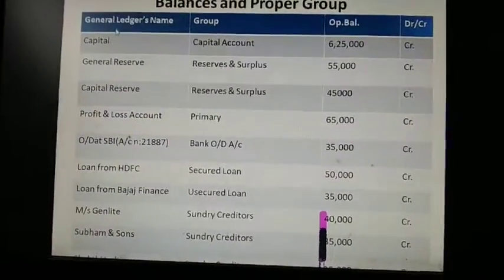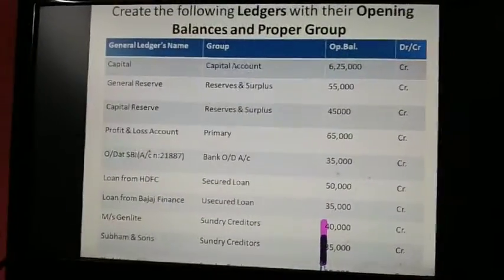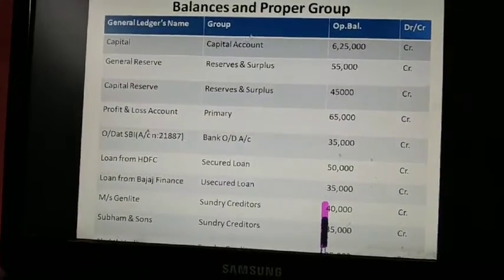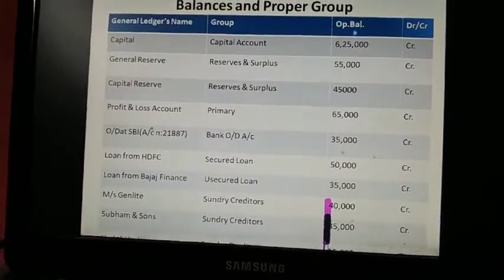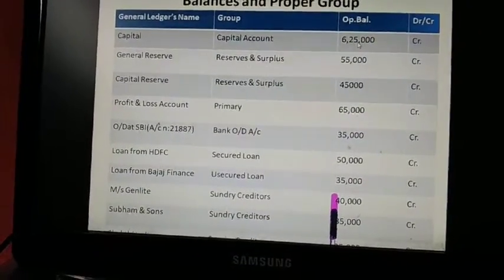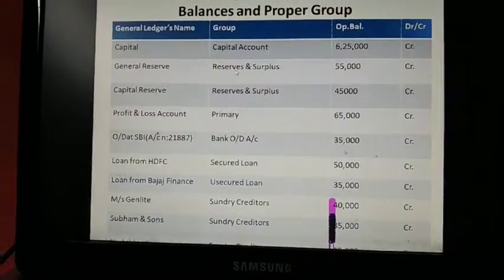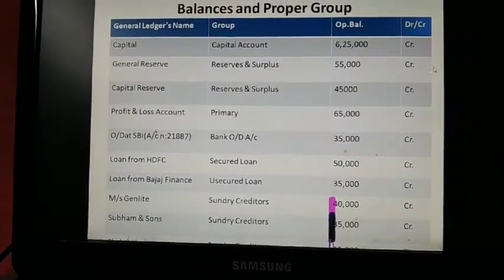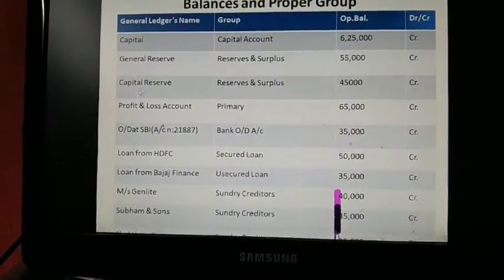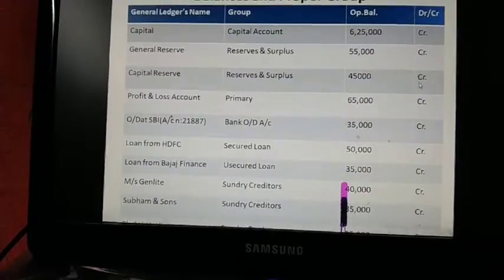Capital, the general ledger name: Capital, under the group of Capital Account, will be created with the opening balance of 25,000 credit balance. General Reserve under the group of Reserves and Surplus with the opening balance of 55,000 credit balance. Capital Reserve under the group of Reserves and Surplus, 45,000.